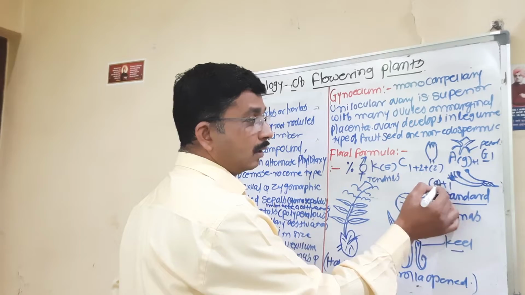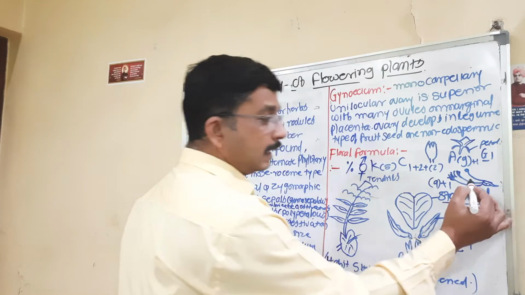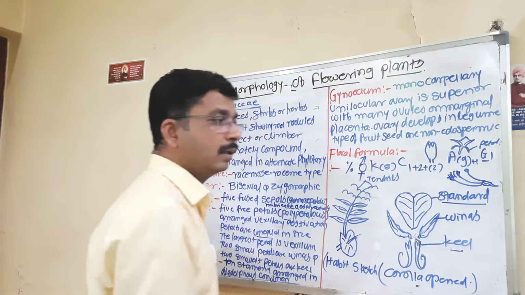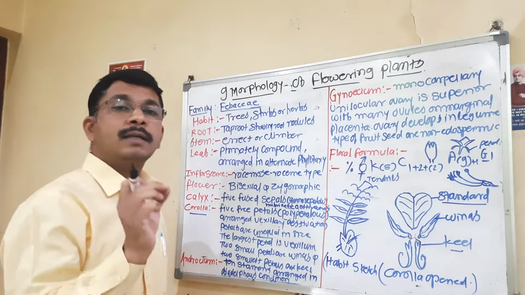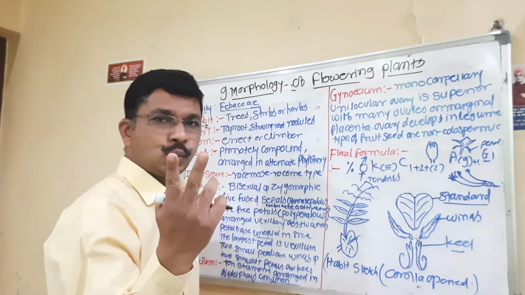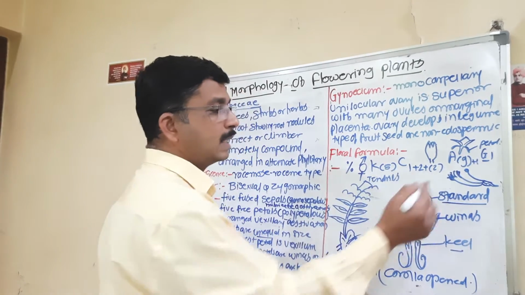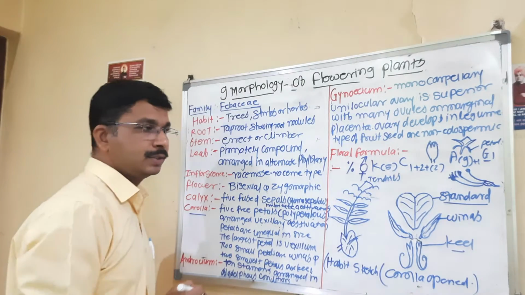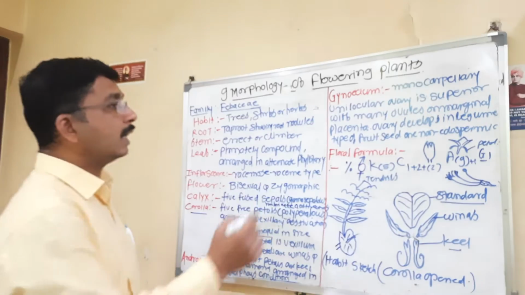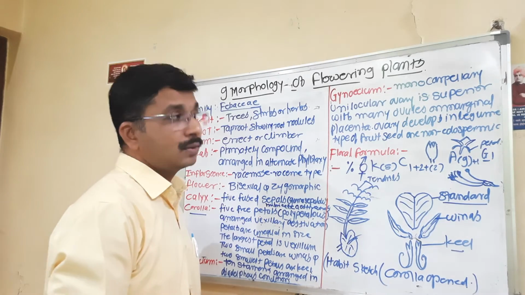That's why we form it this way in the floral formula, which we also discussed there. In this condition, 9 are combined and 1 is free. That's why this condition of the androecium is called diadelphous. Di means two; the androecium is arranged in two groups. 9 are fused and 1 is free. Then after that, another important essential whorl, that is the gynoecium.